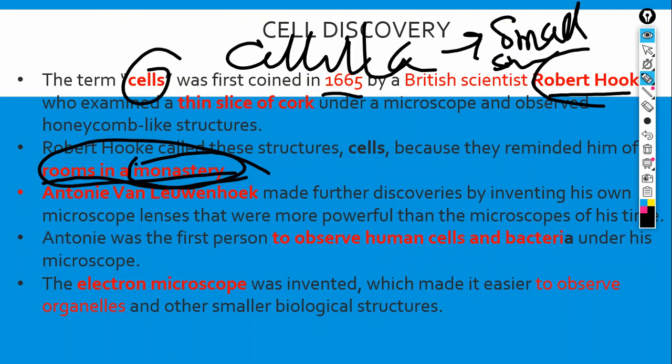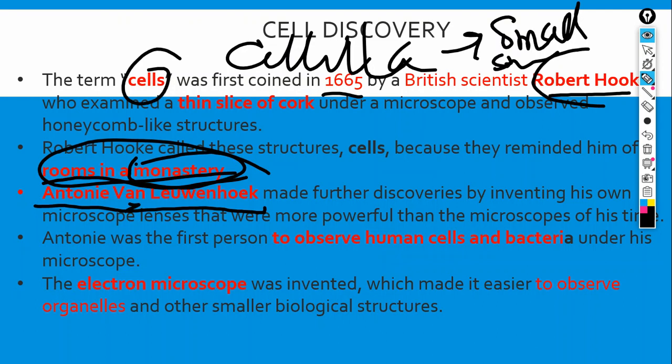The other scientist that is very notable in the discovery of the cell is Anton von Leeuwenhoek. There are many spellings you might see of that name. Anton von could be spelled VON. In my own years I used Van, but I've seen some textbooks that use VON for this. So, Anton von Leeuwenhoek.